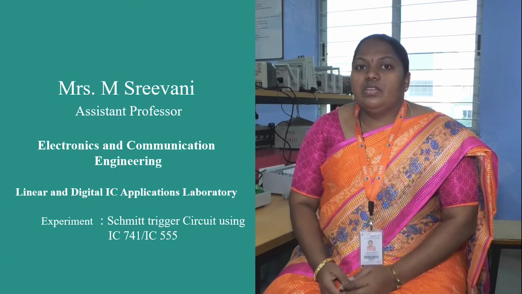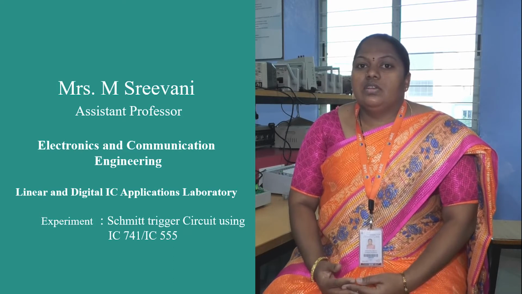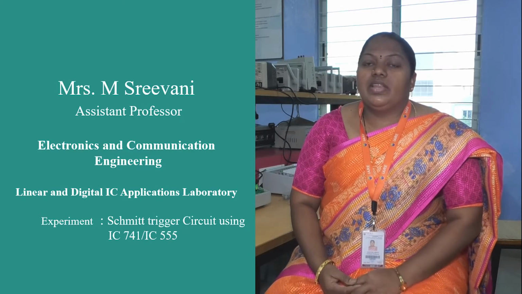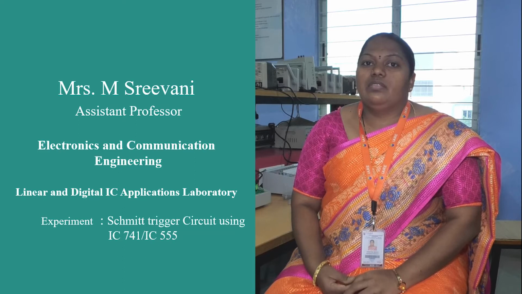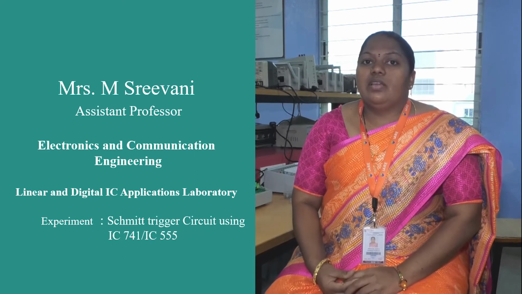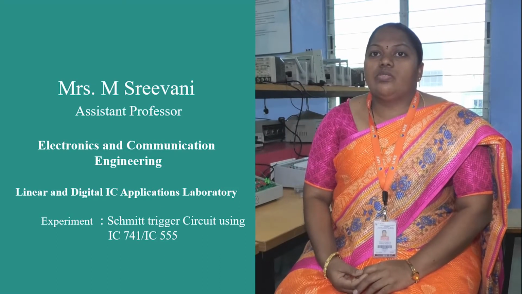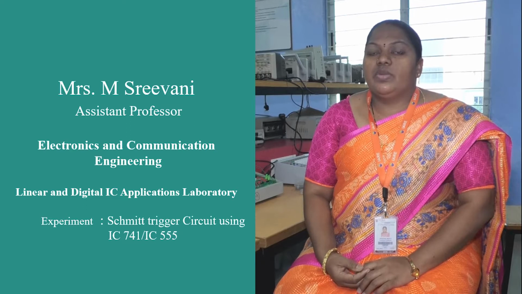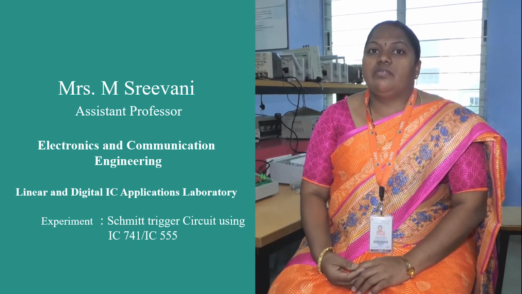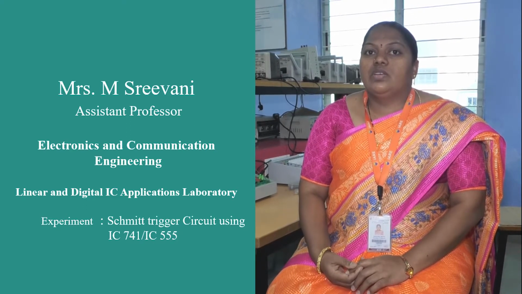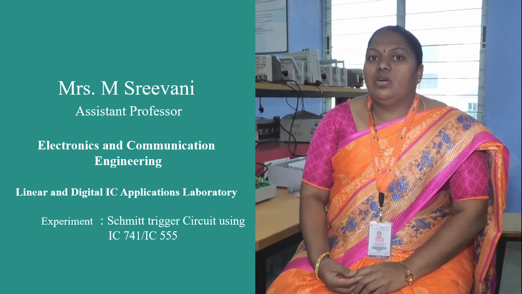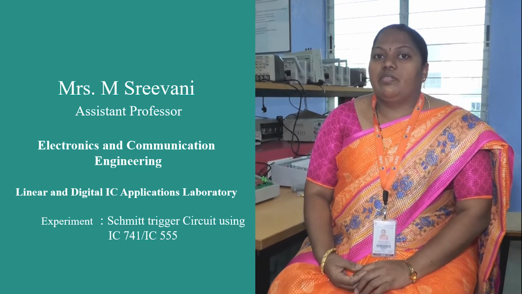So, in this lab, we are going to learn the Schmitt trigger. A Schmitt trigger is nothing but a comparator which compares two different input signals. The other name for the Schmitt trigger is sine to square converter. Means, if you apply a sine wave signal to the Schmitt trigger, it is going to convert that sine wave into square wave. Based upon this circuit diagram, let us observe how the sine wave is converted into square wave.